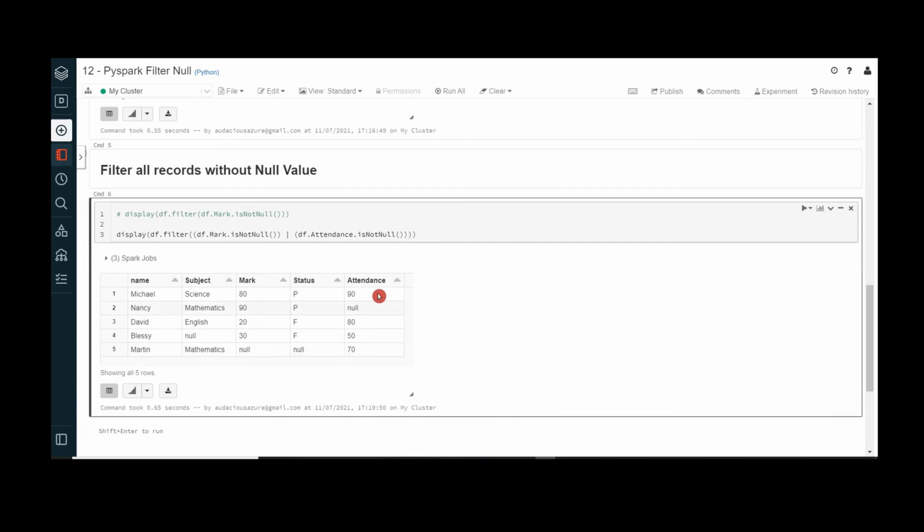See here, even though attendance contains a null value, the column mark is still holding some value. So if either mark or attendance is holding a value other than null, that record is returned in this result. In the last one, for Martin also, we have a null value for mark, but we still have a value for attendance. That is the reason it is also considered for the final output.